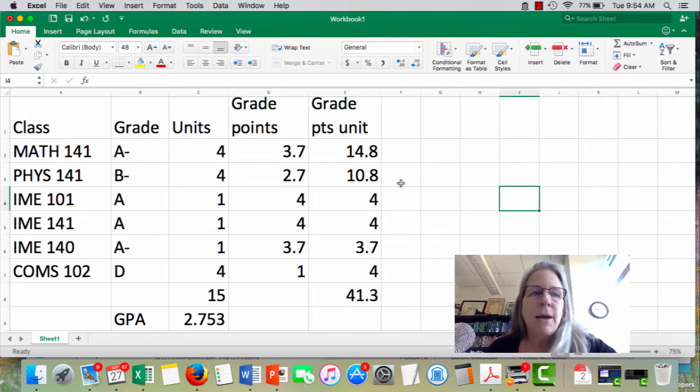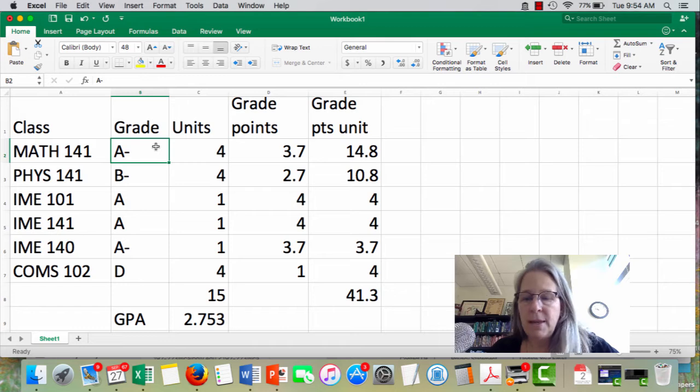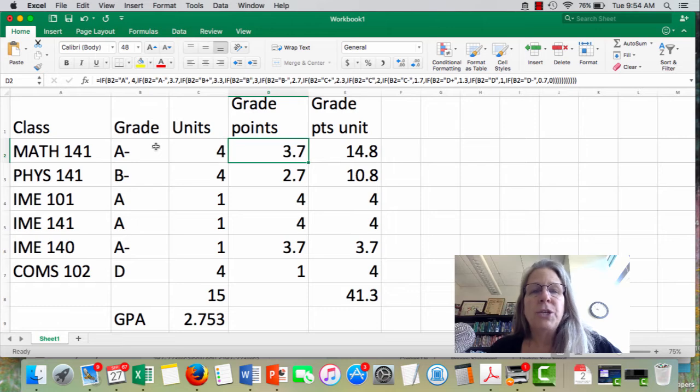So looking at this, I wanted to show you this is an example of the classes you might take and maybe the grades you might be getting. And then the next one over is the units for each of these classes. Now the grade points, you can see here what I've included is a